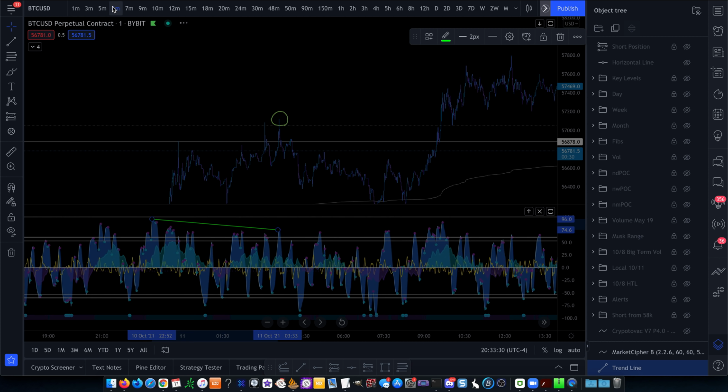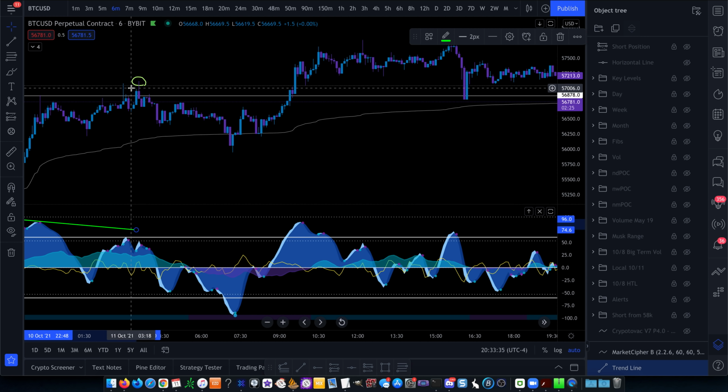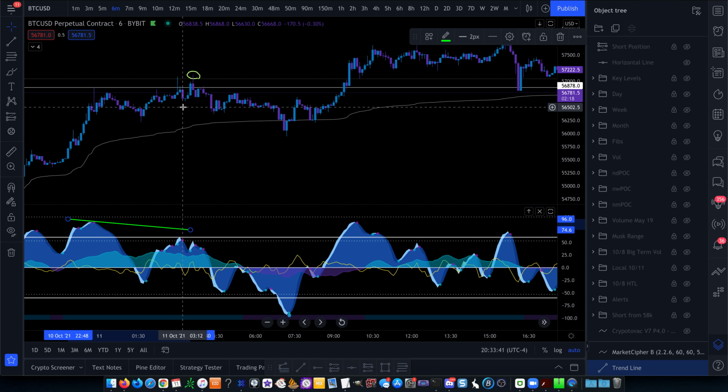Not only that, if we go to the 6 minute time frame and we zoom in here, we can see the same exact thing, where as we are coming up to this high, okay, it's very important. As we're coming up to this high, we can see that we are printing the bearish divergence where the price is making a higher high and the momentum is making a lower high,